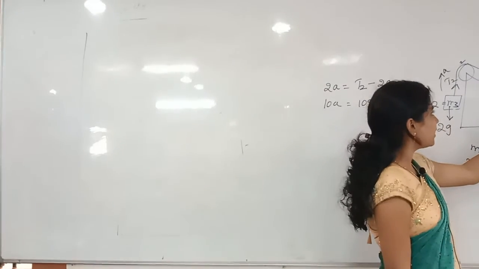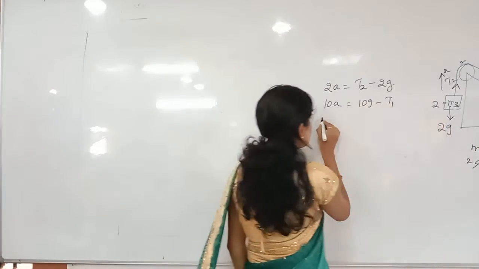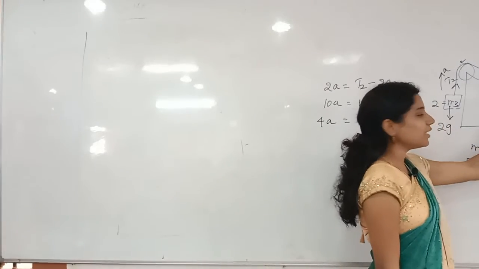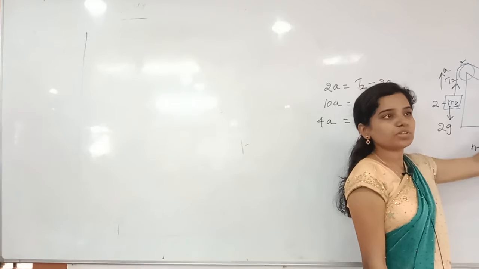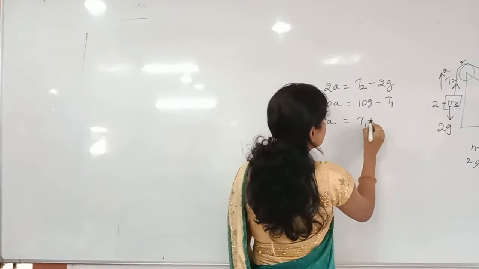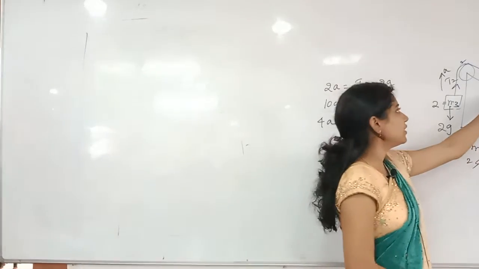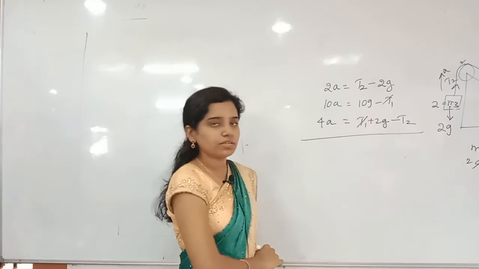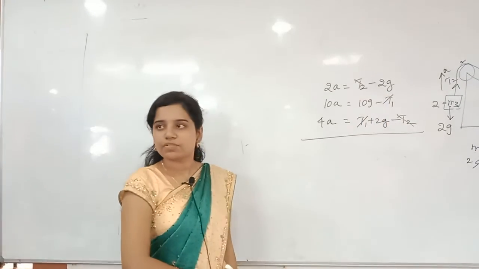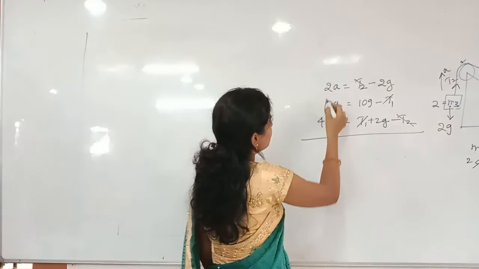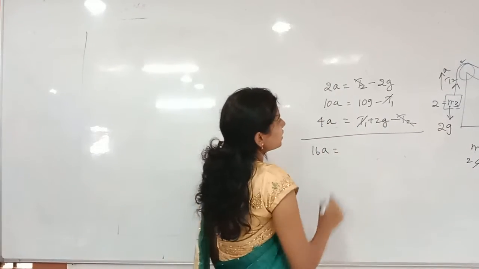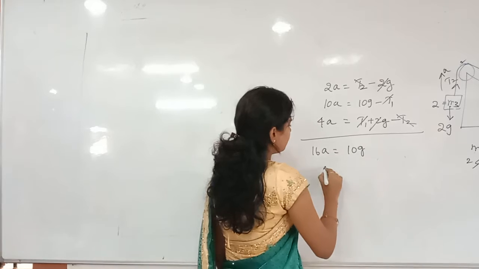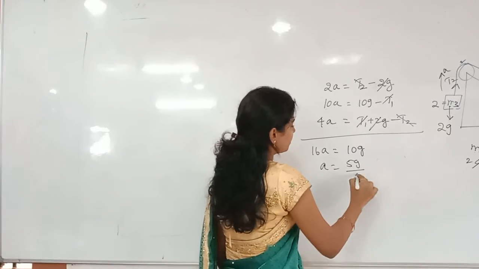Clear. Then for the second body, M2A, nothing but how much is that? 4A is equal to who is supporting for acceleration here? 2G and then T1. Both are supporting. So can I take both as positive here? Yes. T1 plus 2G. Who is opposing the acceleration? T2 is opposing, minus T2. Add everything here. Minus T1 plus T1 gone. Plus T2 and minus T2 gone. Everything is finished. Then here how much is there? 12 and then 16A. 16A is equal to, this 2G also cancels. What is remaining? Just 10G is remaining. Then A is equal to 5G/8.